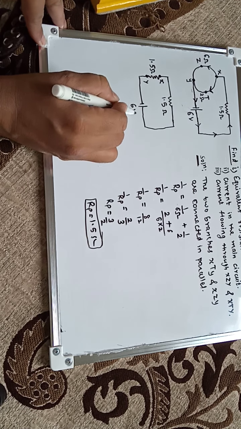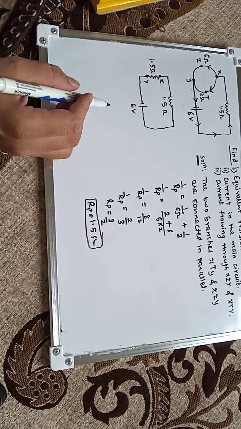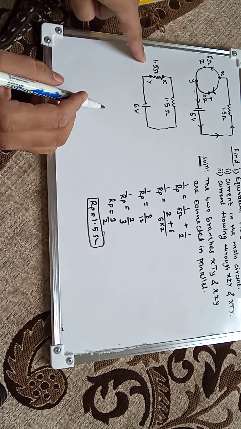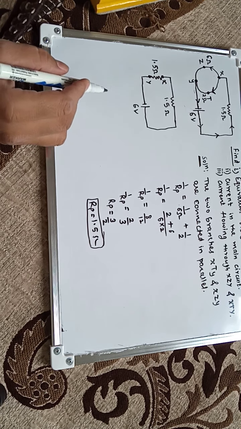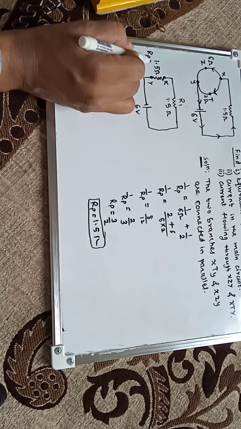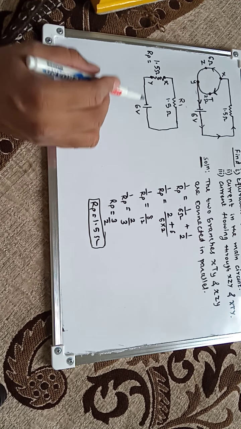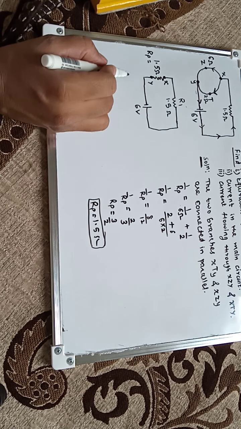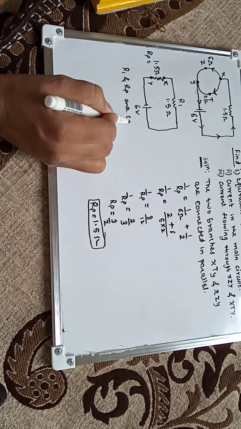And how much is the voltage of the battery? 6 volt. So the battery is giving 6 volt and these resistances are the same, so here it will spend 3 volt and here it will spend 3 volt. In this way 6 volt will be spent. We can give names to the resistances. We can call this resistance R1 and this resistance Rp, because this was in parallel. This is the resultant of the parallel. Now how are these two connected? In series. So R1 and Rp are connected in series.